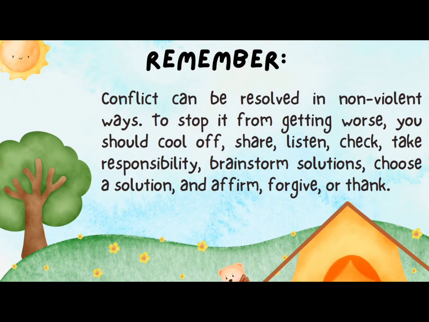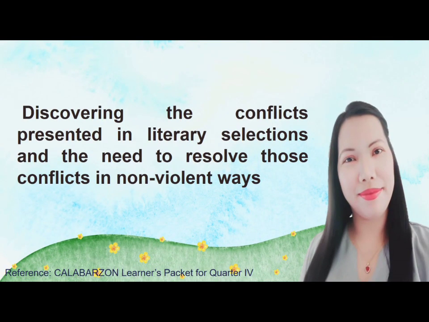To stop it from getting worse, you should pull off, share, listen, check, take responsibility, brainstorm solutions, choose a solution, and affirm, forgive, or think. This ends our video lesson on discovering the conflicts presented in literary selections and the need to resolve those conflicts